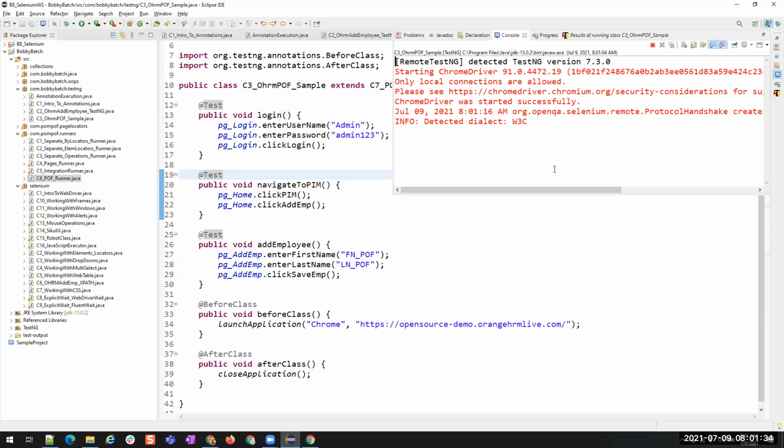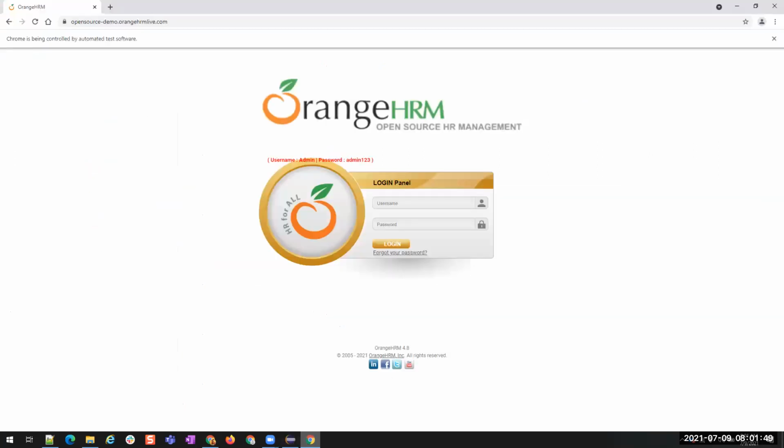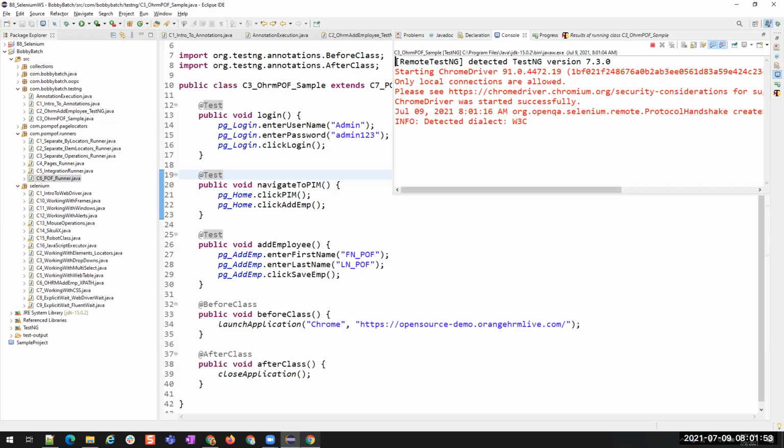Since we added the implicit wait, it's taking 30 seconds to find the element, and then after 30 seconds, it will throw the exception. See, it won't move further from this place. I know why. I'll tell you. Since we added implicit wait, it will check for all the elements one by one.